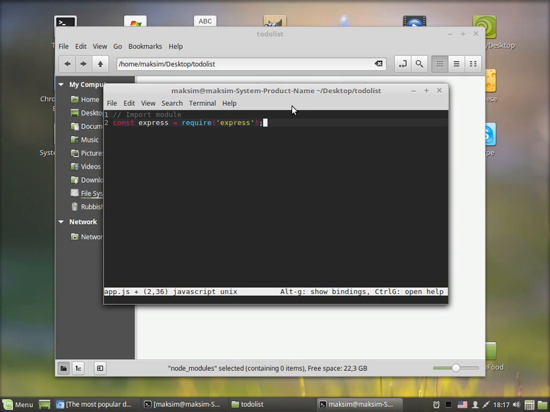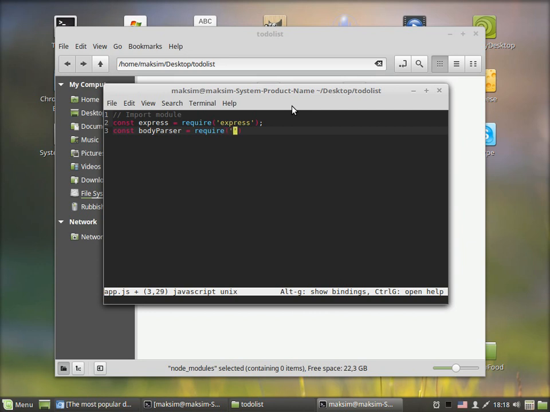You could have used the Node Package Manager express generator that creates this app.js file for you automatically, but when you learn things, it's better to do everything by hand. In that case, you'll have a particular understanding of what you are actually doing, and that's really cool, I believe. So now let's import some